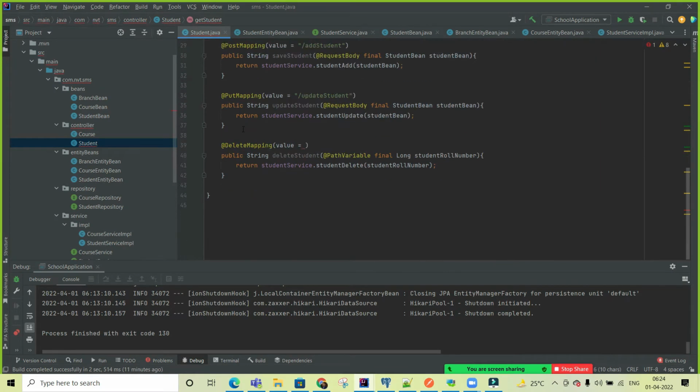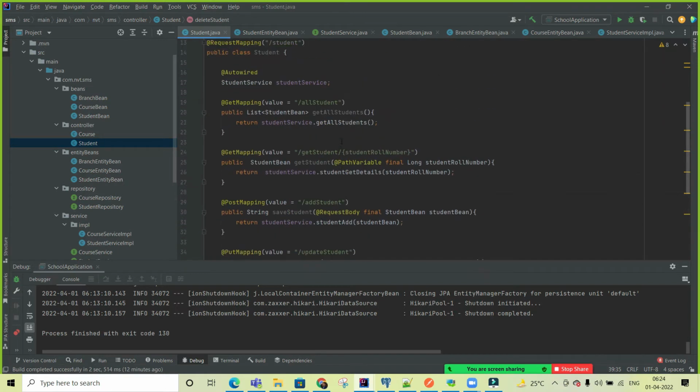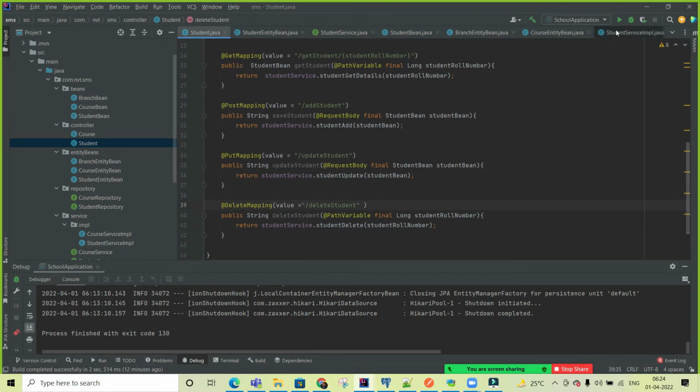We don't provide that here. So let me put the values over there in the delete: delete student. I think delete student and update student and all those things are okay. Now let me debug the code.